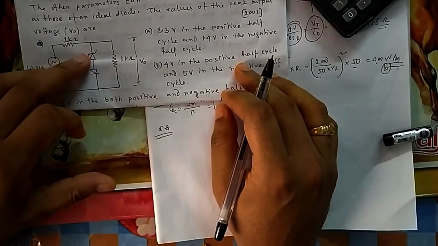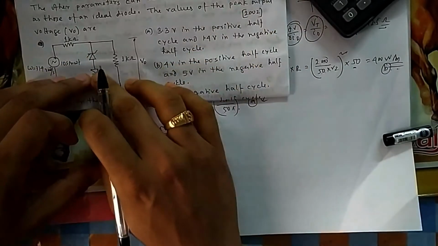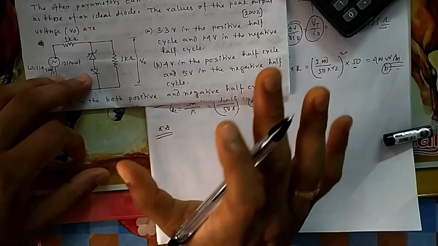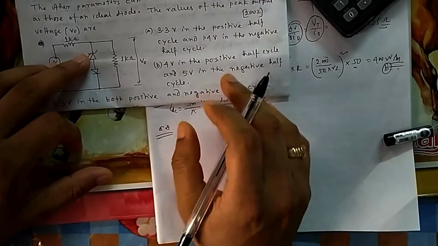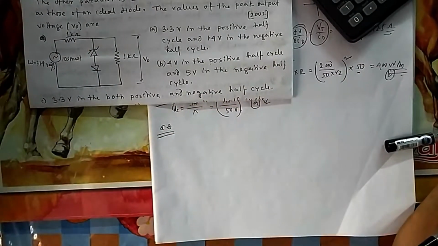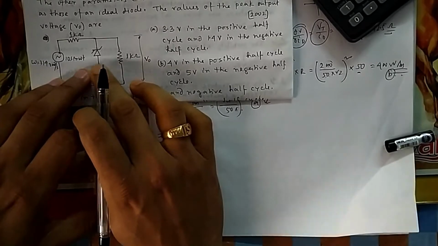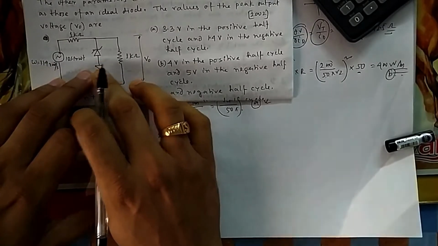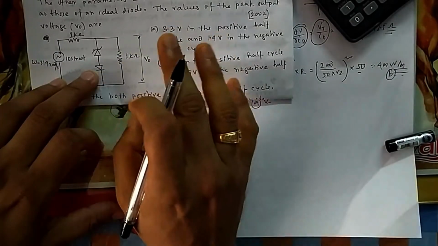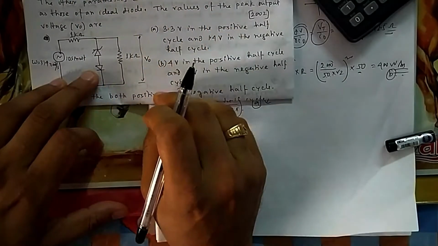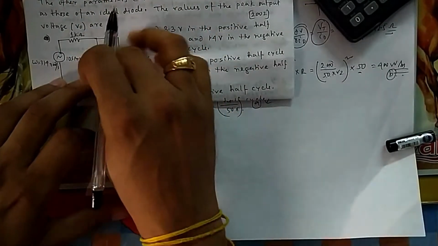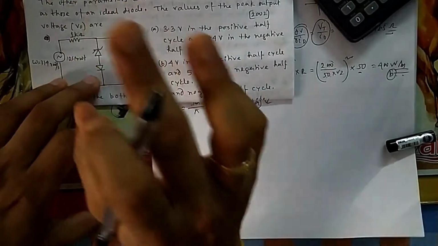Okay, the Zener will work in reverse breakdown, but this diode will not work in reverse breakdown. You have to be very clear about that, because a Zener is made in such a way that it can work in reverse breakdown, but this diode is not made that way. If you push it to work in reverse breakdown, it will burn and ultimately open. So in any case, you can consider this one as open if it is not forward biased.